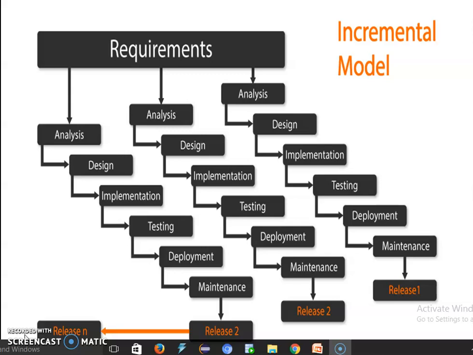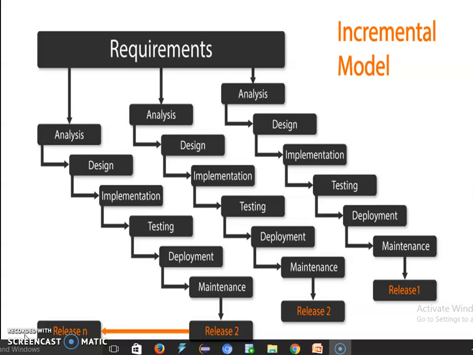The process can follow for any increment. The first increment is a core product, obtained when an incremental model is used.